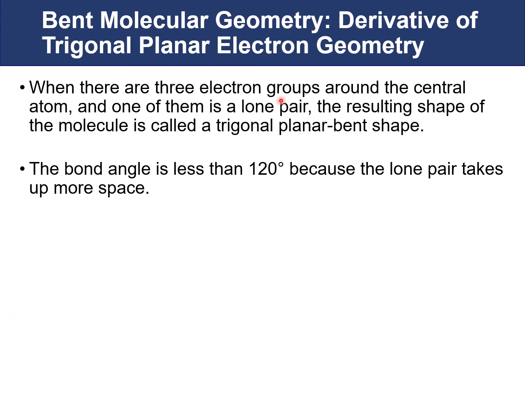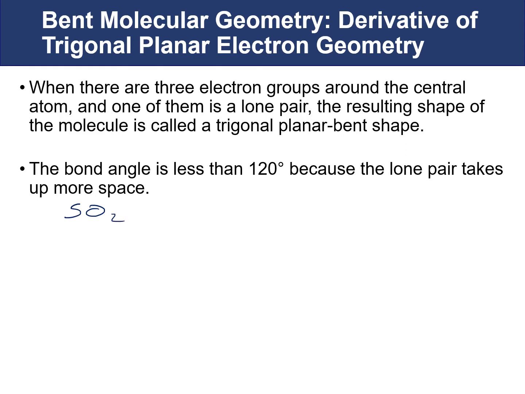So when there are 3 electron groups around a central atom and one of them is a lone pair of electrons, the resulting shape of the molecule will be called a bent shape, sometimes referred to as a trigonal planar bent shape. The bonding angle that you'll find in this type of bent shape will be less than the 120 degrees that we typically find in a trigonal planar geometry. And this is because the lone pair takes up more space. So an example of one of these systems would be sulfur dioxide,